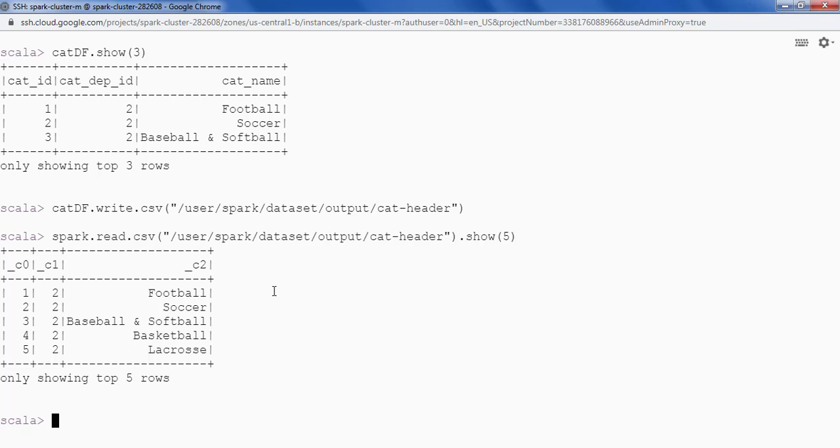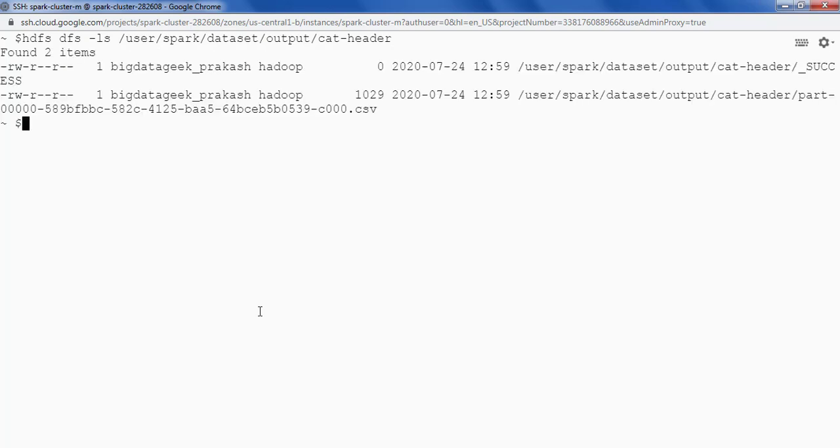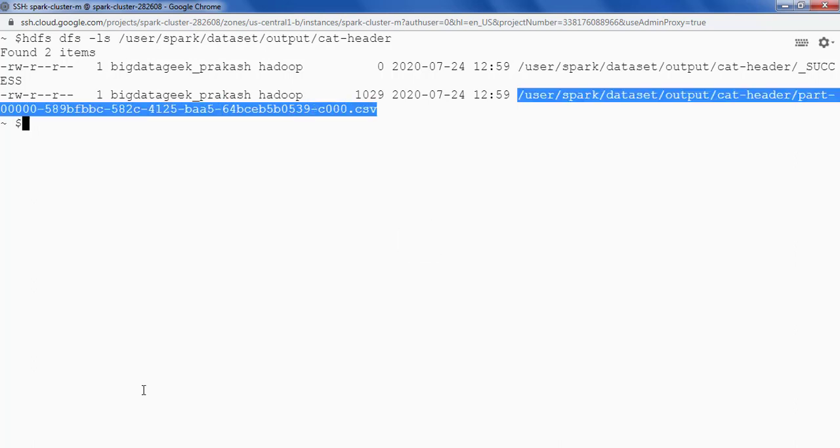The other thing that we can do is go back to the different shell that we opened, and from the shell we can fire a command hdfs dfs -ls, providing the path where we have saved the file. We should be able to see the CSV file here. So this file has been created. Now if you copy the entire path, we can also see the content.